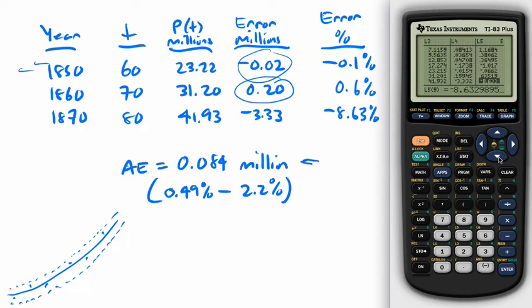When we get to 1860, the error in magnitude is outside of those dashed lines. So the model's no longer performing as well as it did on the data set that generated it. As we extrapolate, it turns out that our prediction is outside of the dashed lines. Our error is higher now. Relatively speaking, it's still a relatively low error in 1860, about 0.6%. It's still certainly lower than the 2.2%. So it's still not a bad prediction, but it's definitely not as good a prediction as we were getting within